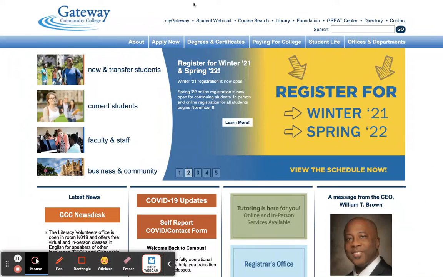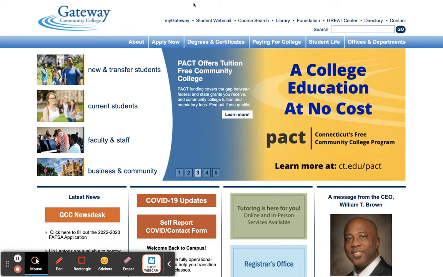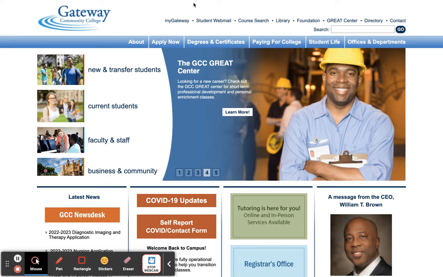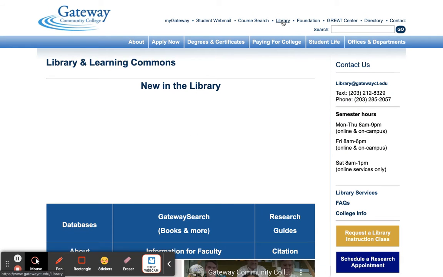Another great way to begin thinking about a topic or a focus for your research essay, and also beginning to develop some of the research itself, is by taking a look at some of the research databases that you'll find on our college website. So what we're looking at now is the Gateway homepage. And if I navigate at the top of the screen to where it says library,